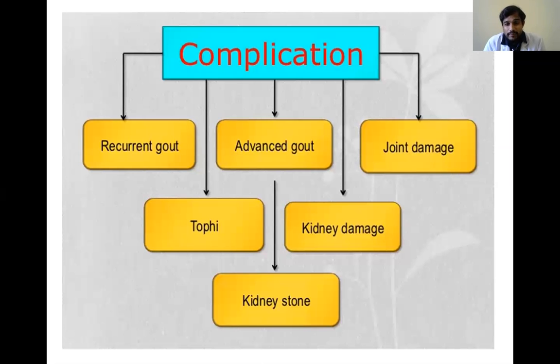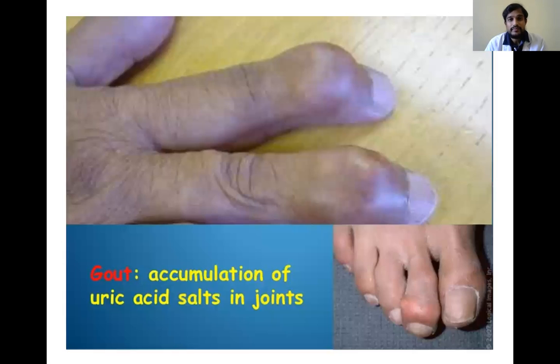And if it is not properly diagnosed at an earlier stage, gout leads to complications, like formation of tophi, which are accumulated in joints and lead to restriction and pain in the joint movements. And when these uric acid crystals accumulate more and more in the kidney, it leads to kidney damage. It accumulates in the kidney and finally leads to renal stones. Uric acid stones are formed in the kidney.